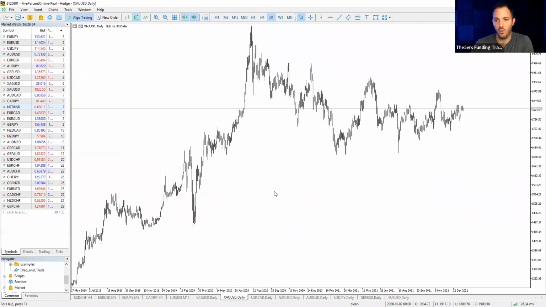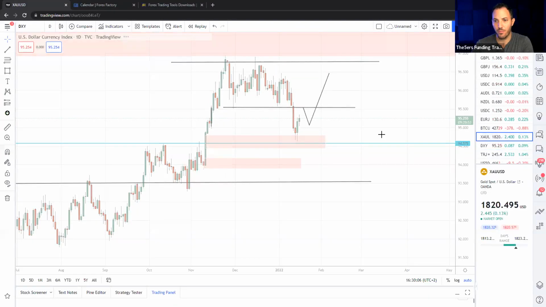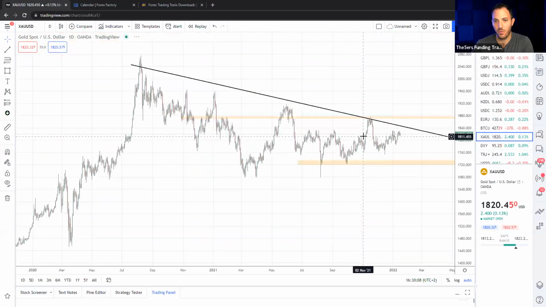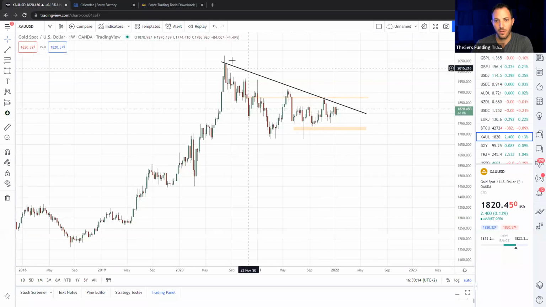Let's look at gold. Let me show you gold on TradingView. It will be easier. Let me go back to TradingView. So I want to show you, gold looks like trapped. If we go to the weeklies, we're forming this wedge, this triangle,